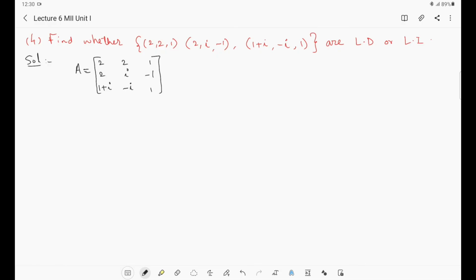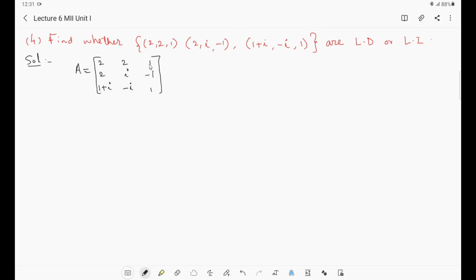So for reducing this matrix to row echelon form, here we have to make this one as 0 or this one as 0. So it is a bit difficult, right? Making this as 0 and making this as 0 is a bit difficult. So instead of that, we try to find the determinant of this. For finding the determinant, we try to make more entries 0, because determinant calculation will become easy if more zeros are there in the matrix. So that is why we try to make more zeros.